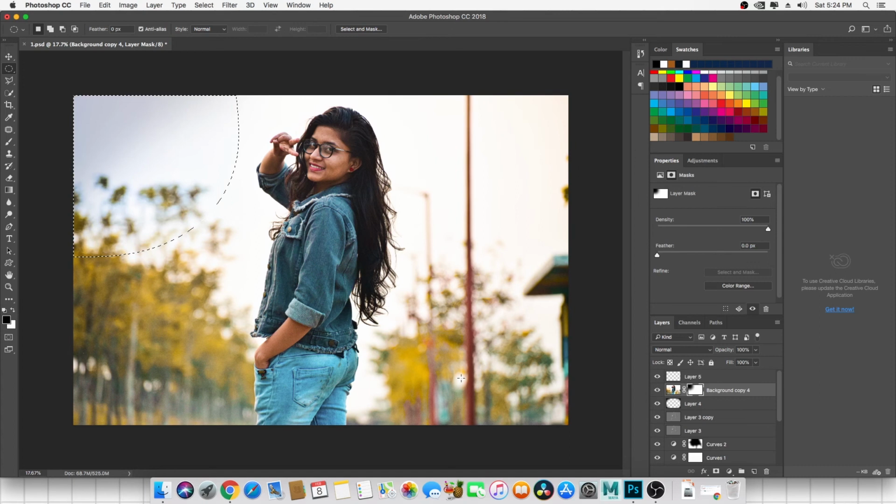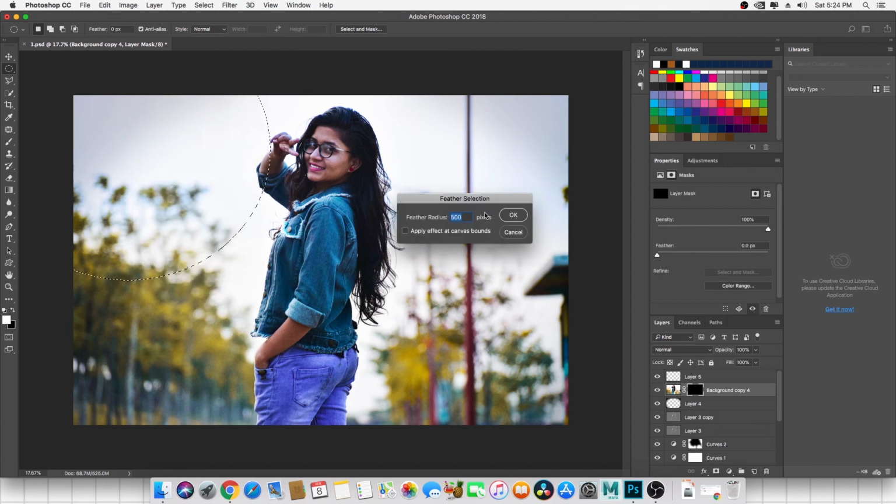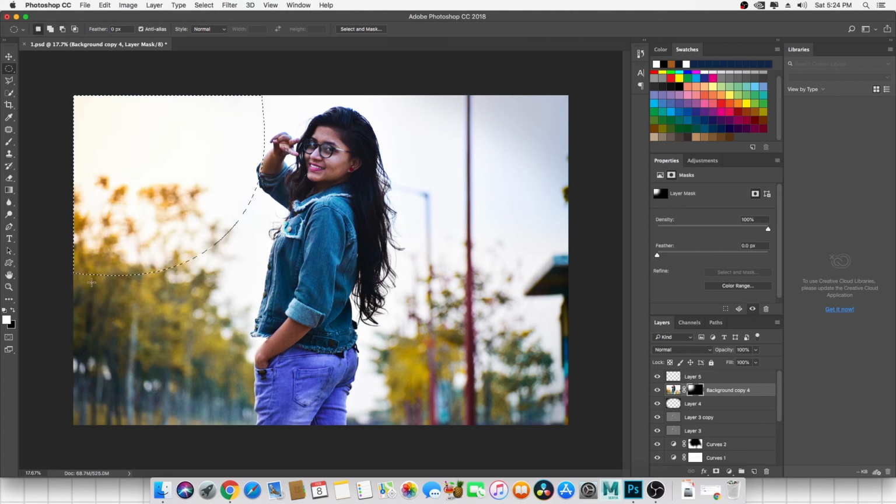Alt Delete, alt Delete. Okay, now I'm going to put a white color, so simply I click a circle, right click, feather it almost 5% and put a white color.